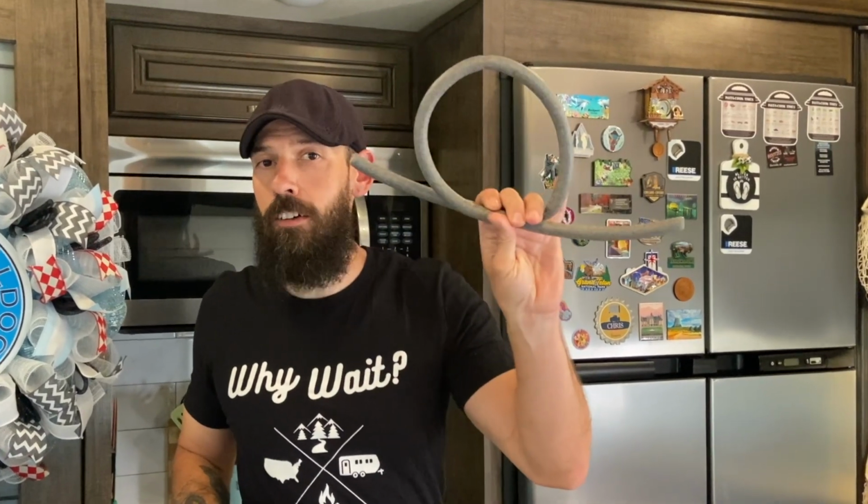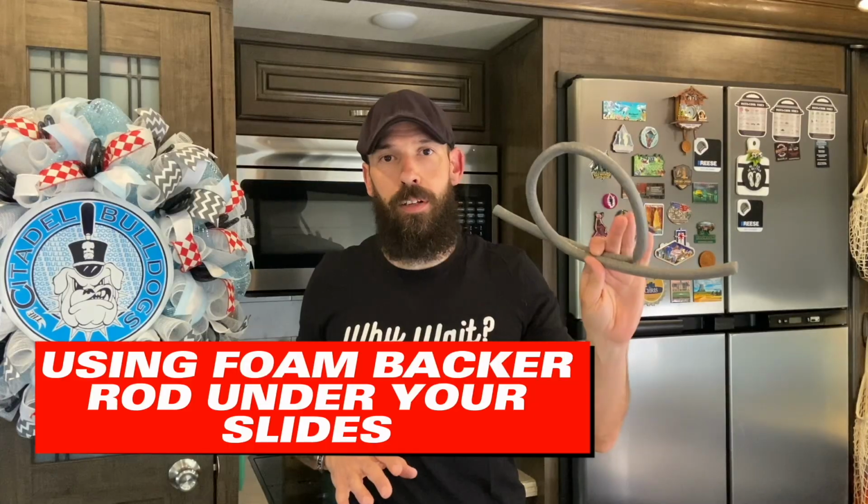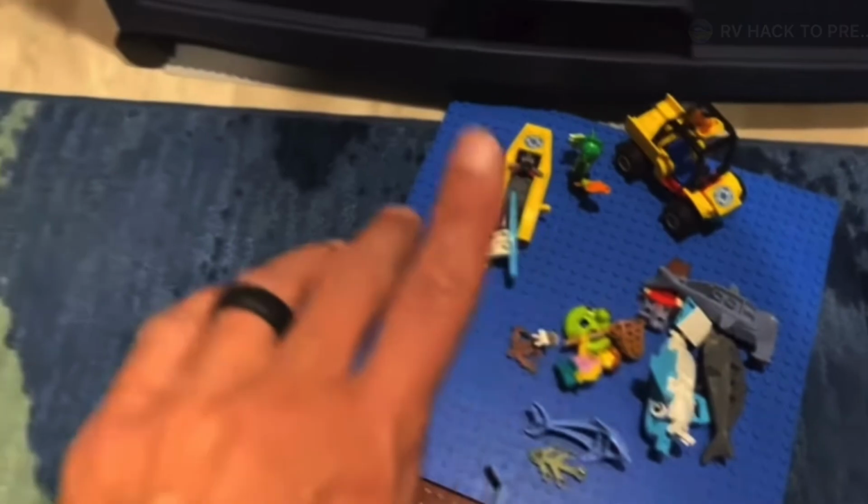Number 10, the last one on the list, that's going to be some polyurethane foam, also known as foam backer rod. This stuff is great to have around the RV for multiple uses, but the best thing for us is we like to put it right underneath our slide outs. We have some elevated slide outs where little things like Legos like to go. So by using this in our mid-bunk room, in our kitchen, that's going to keep any rocks,